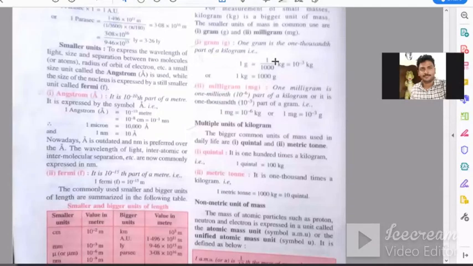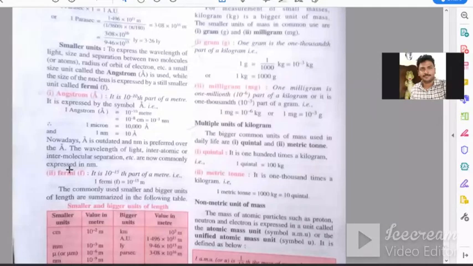See, we had a doubt here about how we get error. This error calculation we are going to learn in the second topic, when we study the vernier caliper and screw gauge. There I am going to discuss errors in detail. Right now we only have to go through these smaller units and some conversion units that we are following.